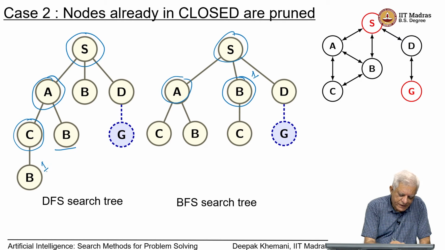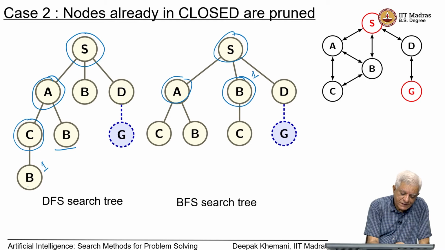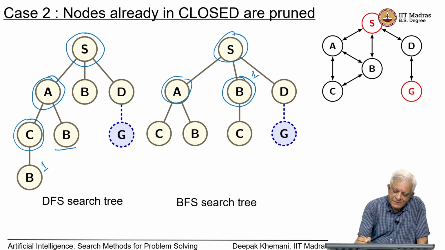So, it does not generate any children, but when breadth first search inspects B for the first time,